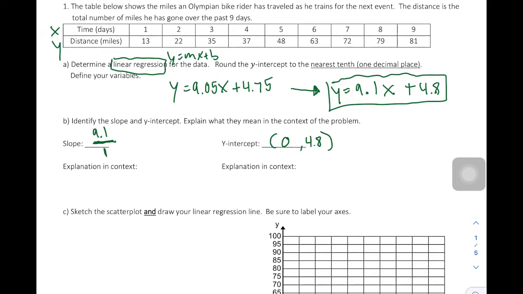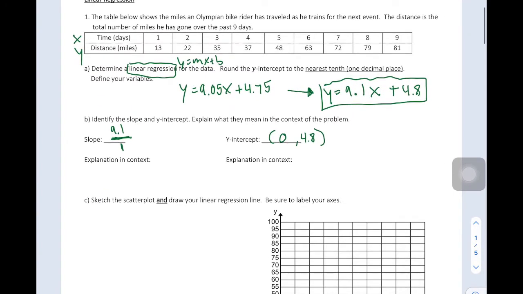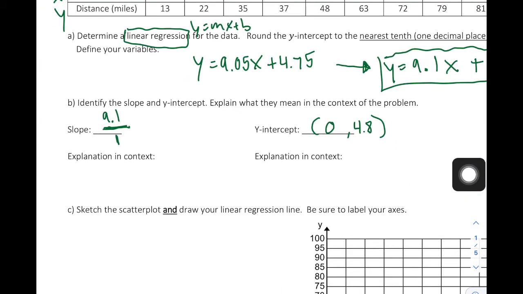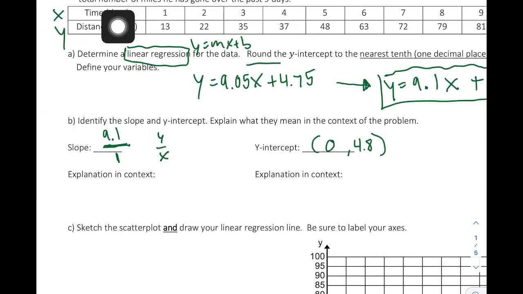Now, when it comes to explaining these, this is where you have to understand what it is that we're talking about. So for slope, recognize that slope is always a change in y over a change in x. So it's y over x. So what this means is for every one, what does x represent? X represents days. So for every 1 day,